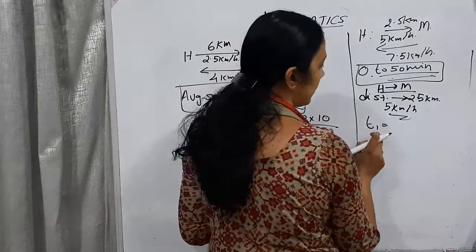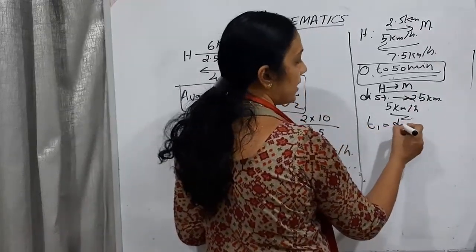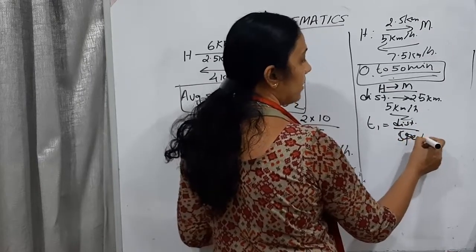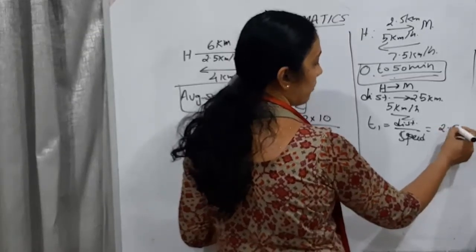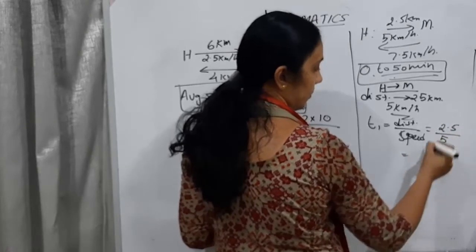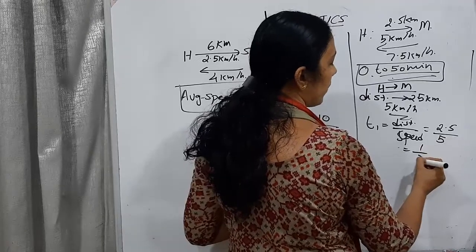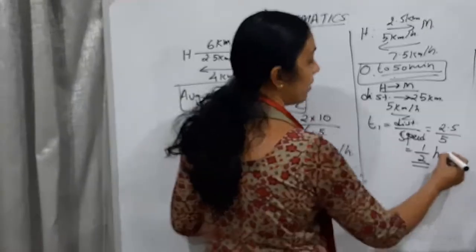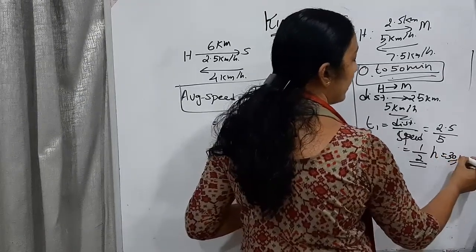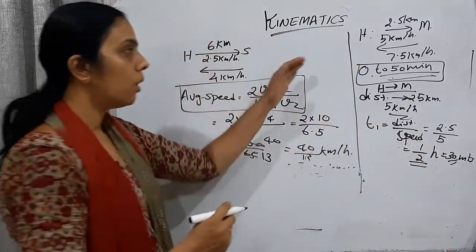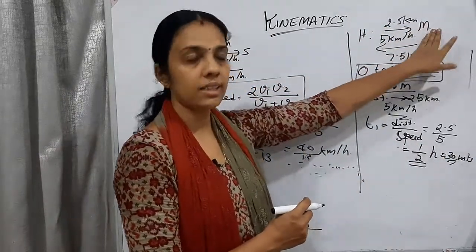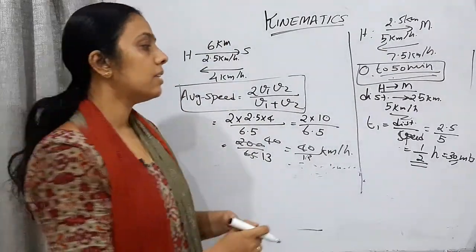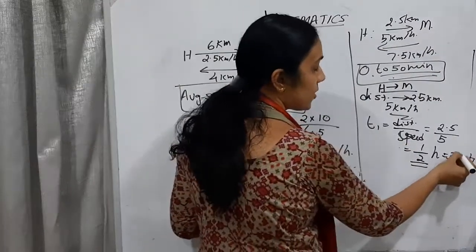Okay, for that, time equals distance traveled divided by velocity or speed. Distance traveled is 2.5 divided by 5, that will be equal to 1 by 2 hour, half an hour. Half an hour means 30 minutes. He is taking 30 minutes to go till the market. Then while coming back, how long is he taking to come back? So in 20 minutes, the rest of the 20